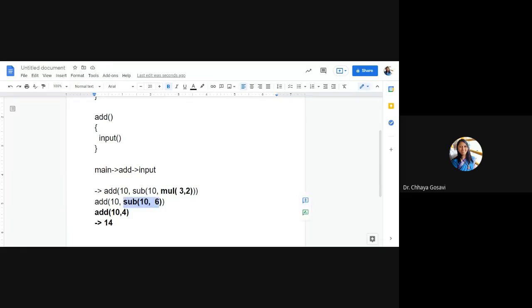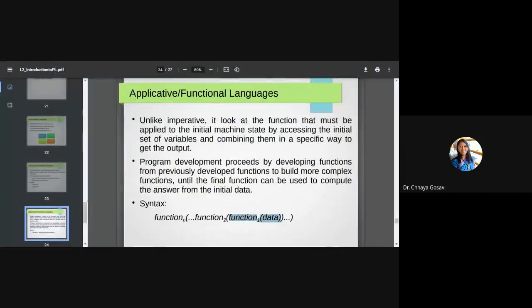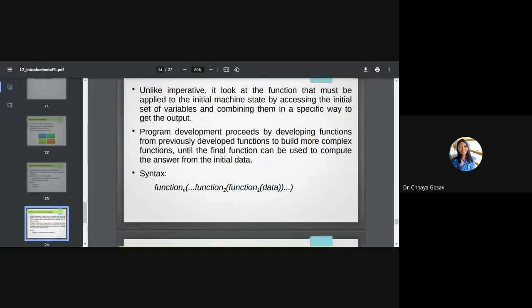This is the concept of functional programming. Here you can see function 1 is applied on data, then function 2 is applied on the result of function 1, and similarly the nth function will apply on the n-1 function.